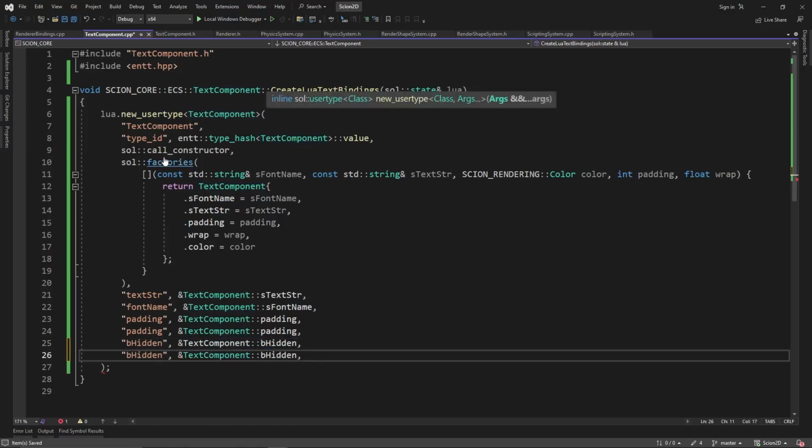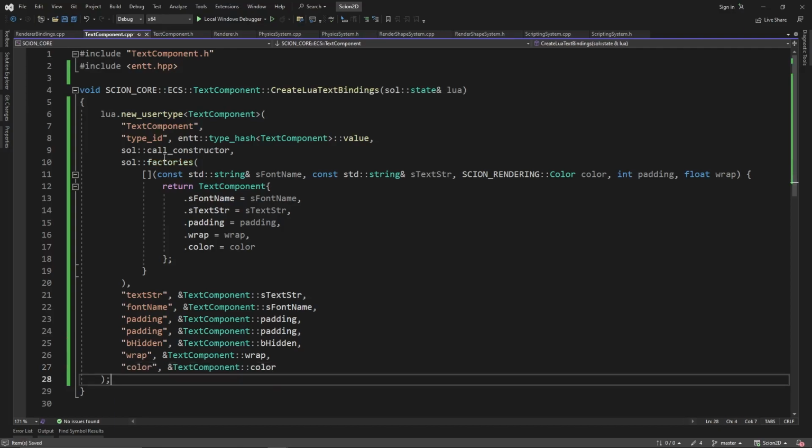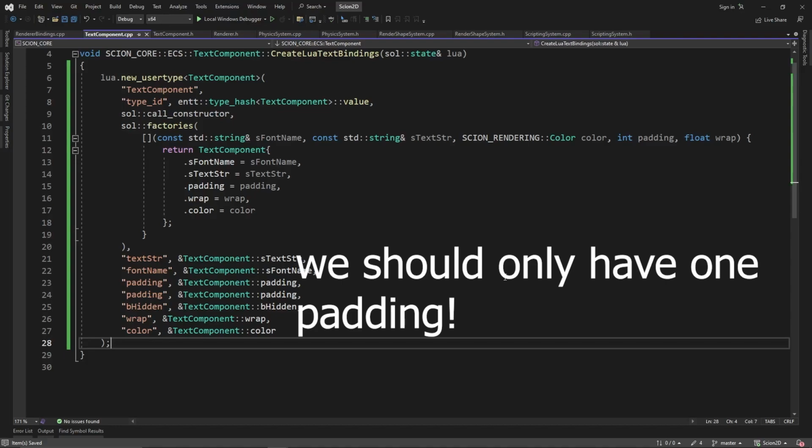We want to be able to change these things in Lua, right? So you wrap. And for the last one is the color. Get rid of that. Oops. Color. Awesome. Okay, perfect. Now that we have the bindings completed for the text component, let's quickly go and add